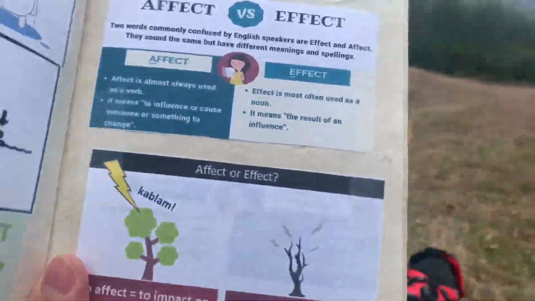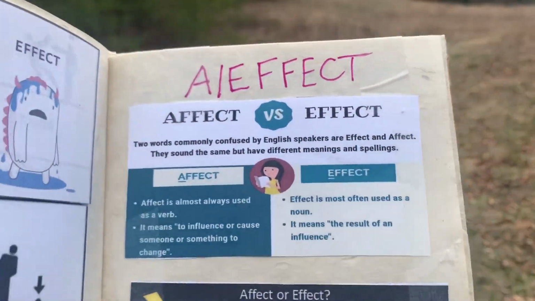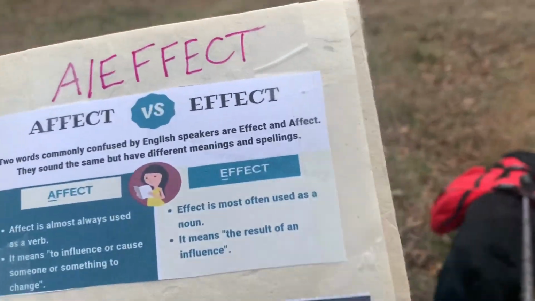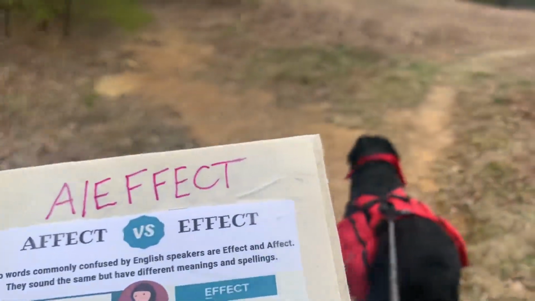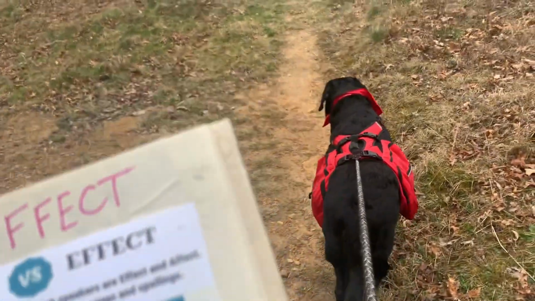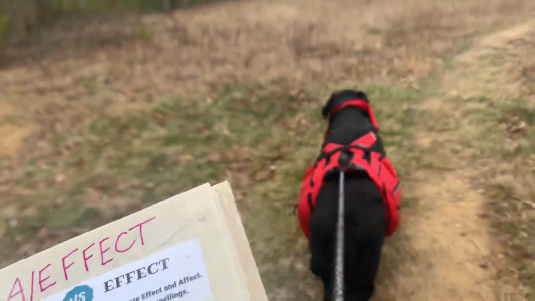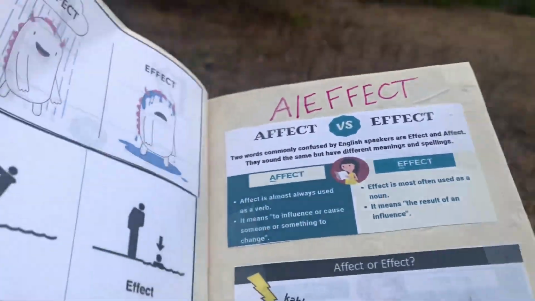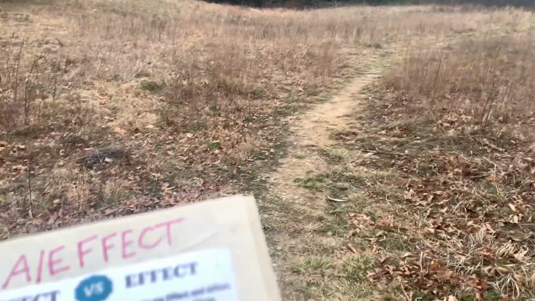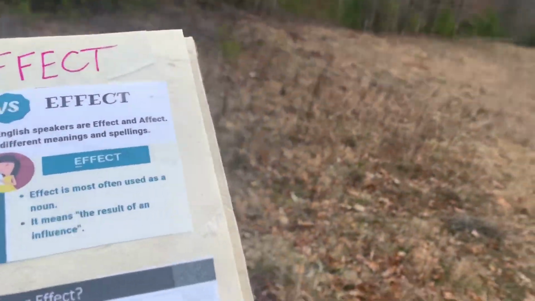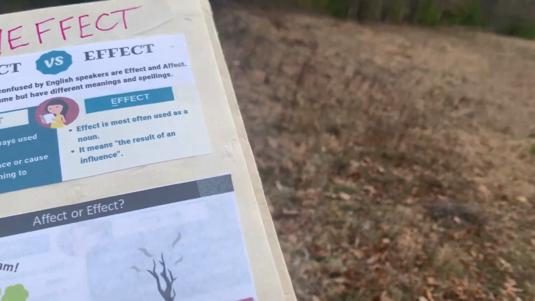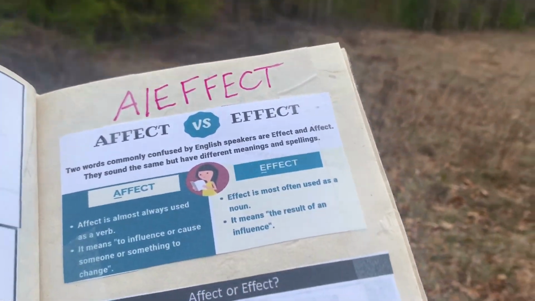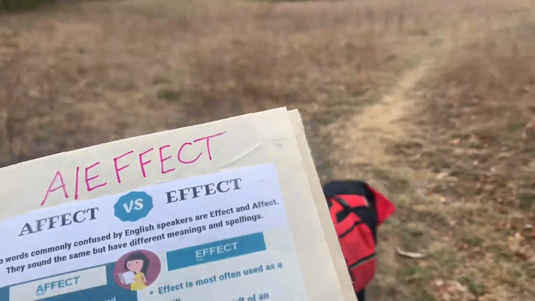So affect with an A is a verb, or almost always used as a verb. It means to influence or cause someone or cause change to something. So a lot of times, if I'm not 100% sure if I'm going for affect or effect, I'll use the word influence instead. And then effect with an E, it's most usually used as a noun, which means the result